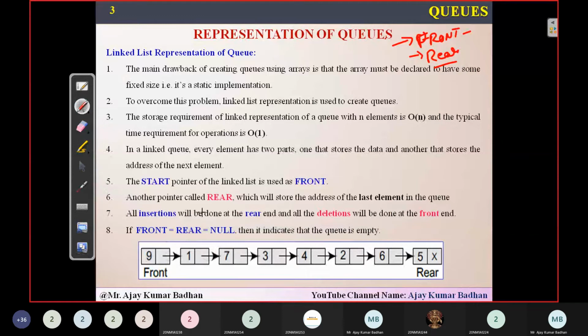When front is equal to null and rear is also equal to null, both variables are null, and that indicates there are no elements in this queue. Remember one thing: whenever we represented the linked list concept, there was an initial variable called start, and that start pointed to the first location.